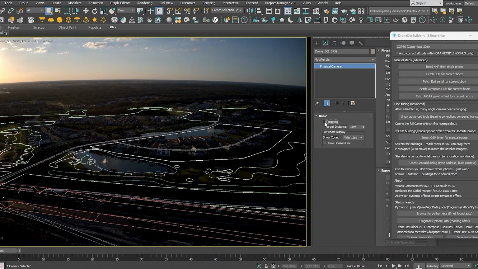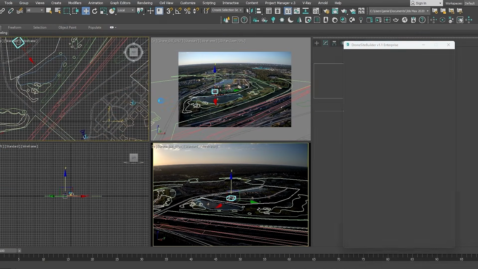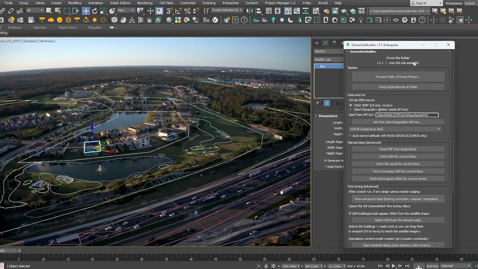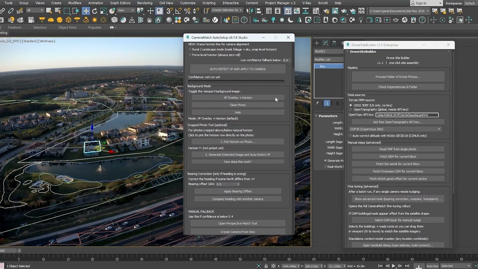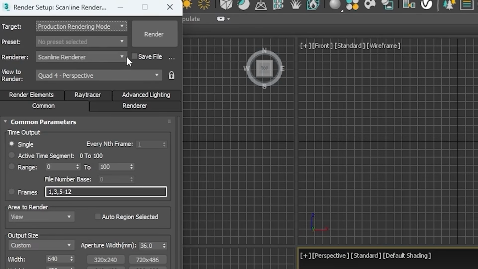In this session, I'll be taking you through an amazing new script called DroneSiteBuilder. With one simple click, this unique script creates the match camera, fetches a 3D site with textured surface, roads, building blocks and much more. So without further ado, let's start by opening the render setup dialog and choose your rendering